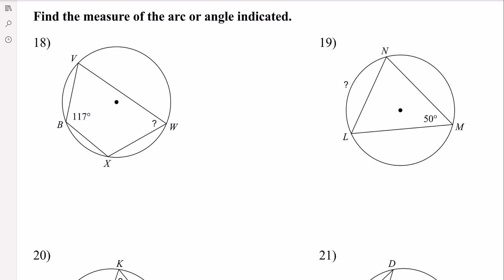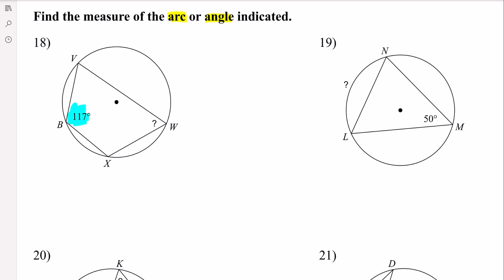Okay, now we're just instructed to find the measure of either the arc or the angle indicated. So we have these polygons inside here. So when we have this trapezoid,